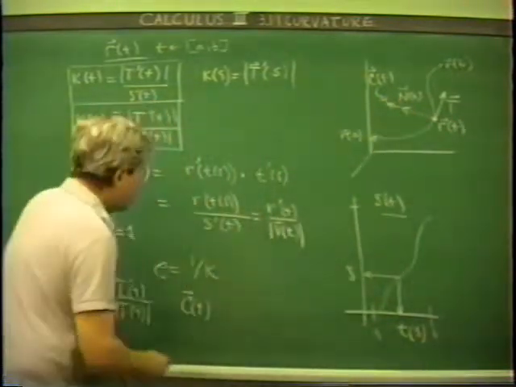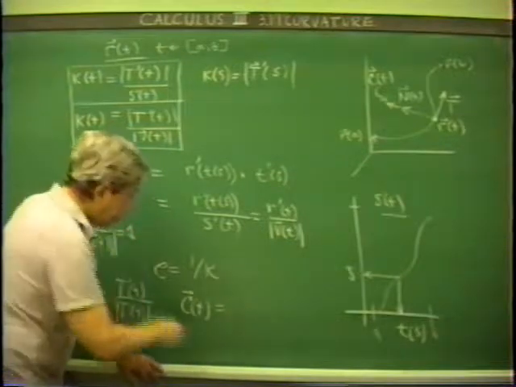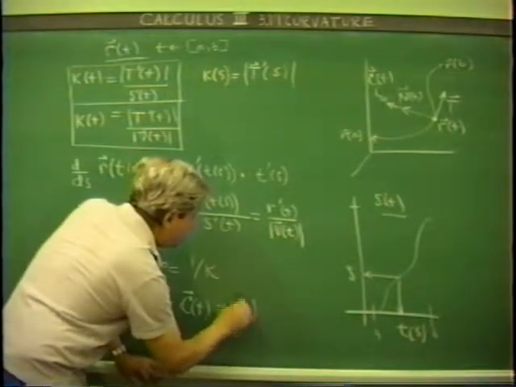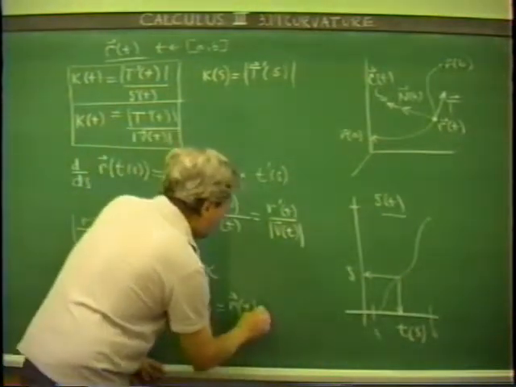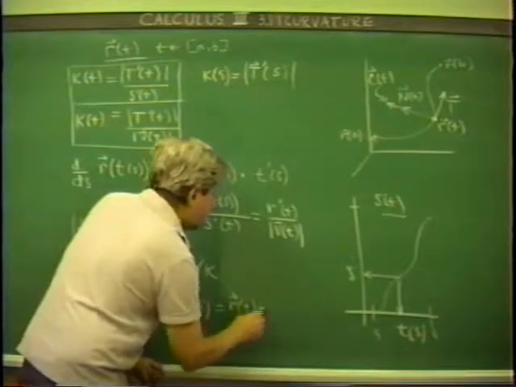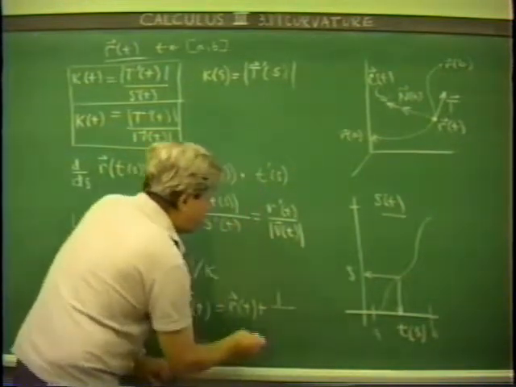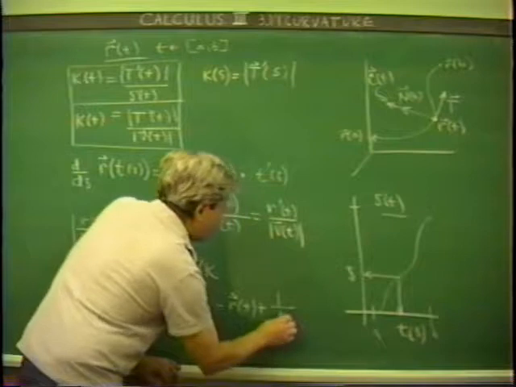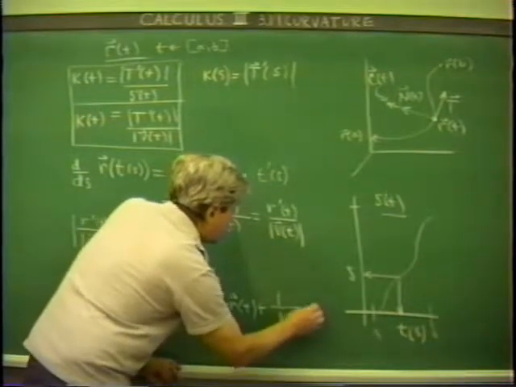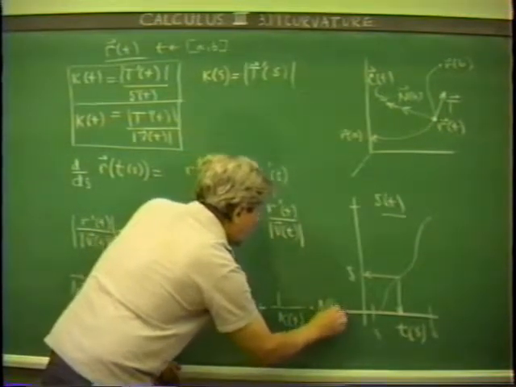So c of t, the center of the circle best approximating this curve, which might be here, for example, is going to be given by, go to r of t first of all, and then add on to that